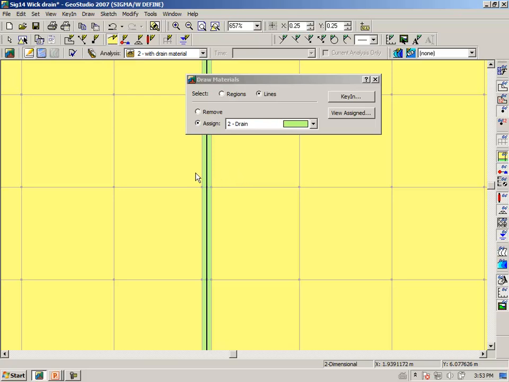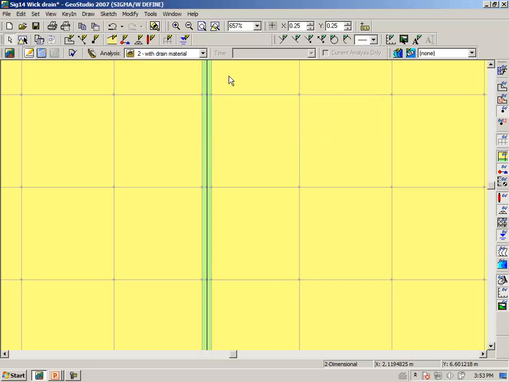It is possible that the materials could be different on either side to simulate, for example, slip or frictional characteristics, but in this case of a Wick drain, the material is the same on either side of the geometric line,